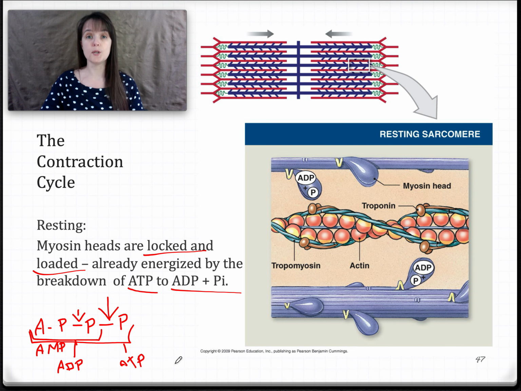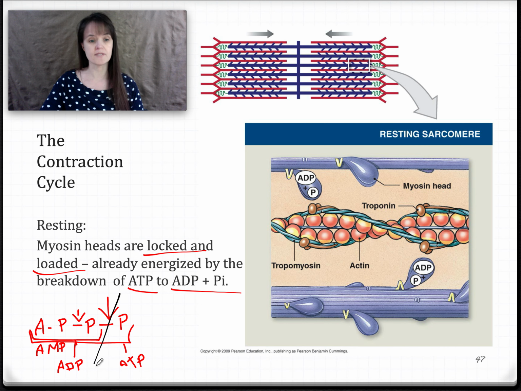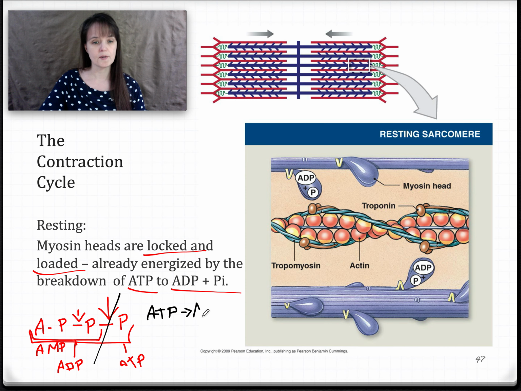So when you use an ATP, you slash that third phosphate off. Chemistry happens. And then you go back to having two phosphates